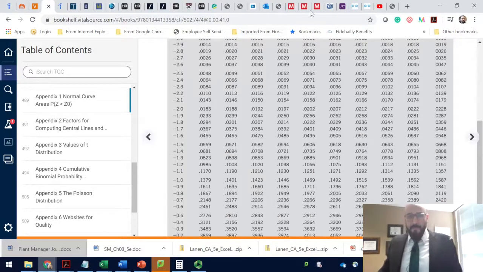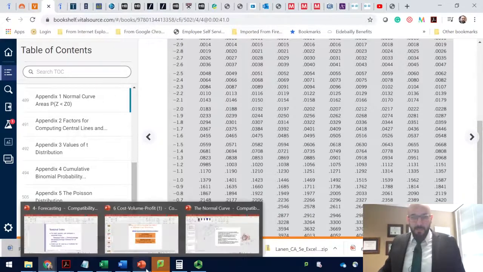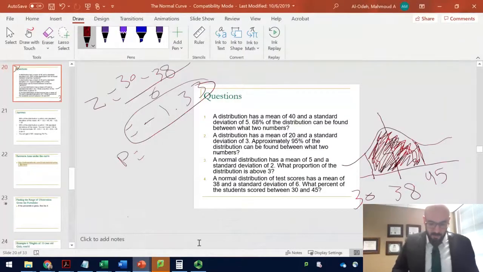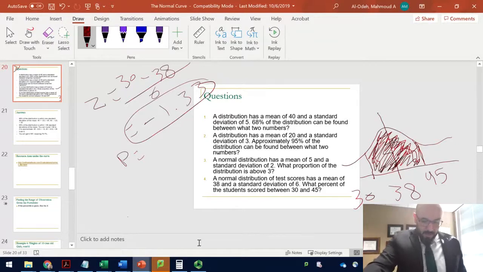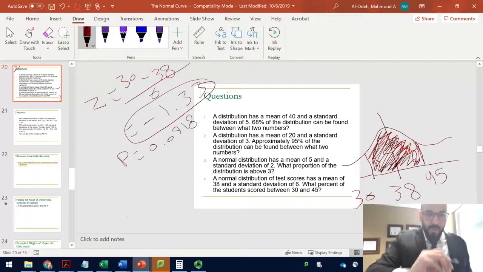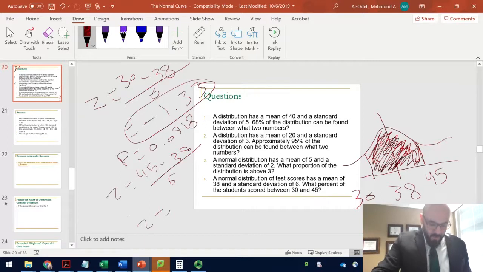0.0918. Okay, we'll take this back to the question. The P would be equal to 0.0918. Now, next, let's do the other value, which is 45. Z equals 45 minus 38, the mean, divided by the standard deviation of 6. And that would give you a Z equal to